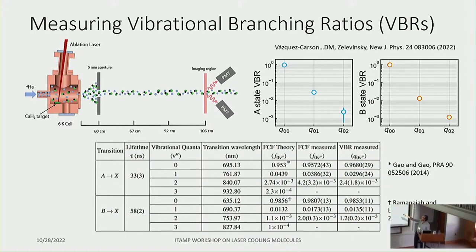And they also have this very good property that they sort of collapse very quickly. So as you go to V equals 2, you've already suppressed your branching by 2 orders of magnitude, more than 2 orders of magnitude. So this is a good property for a laser coolable molecule. But that's not